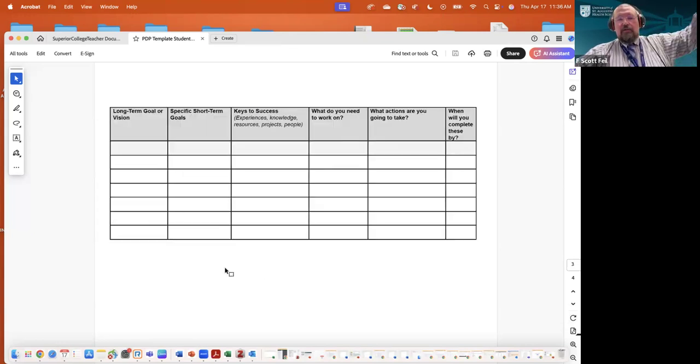Next, I look at my long-term vision and what that's going to look like from a goal standpoint, right? My short-term goals to get me to the long-term goal, some of the keys to success. What I'm going to need, what I'm going to have to pull in to be successful at achieving those goals, work I need to do still to make sure I'm prepared and moving in the right direction, actions I need